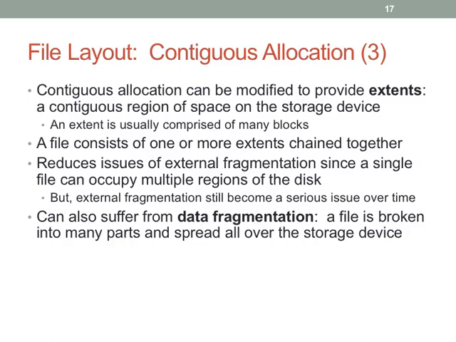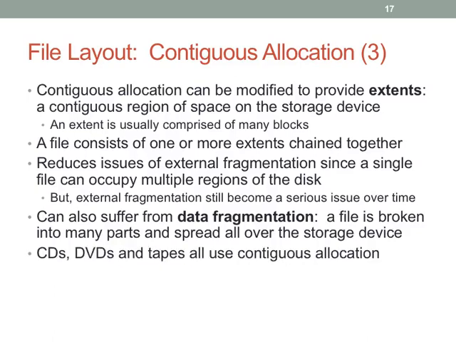You have data that is not contiguous or is spread out in such a way that the physical and logical orders don't match very well. Data fragmentation stopped being so much of an issue with solid-state drives, because solid-state drives don't have any seek cost. The addressing to pull up a block of data is the same regardless of where that block exists. But as long as you have hard disks, which we will have for quite some time, you'll still run into data fragmentation issues. Okay. So CDs, DVDs, and tapes use contiguous allocation, shockingly.